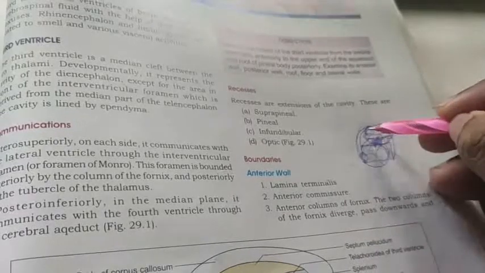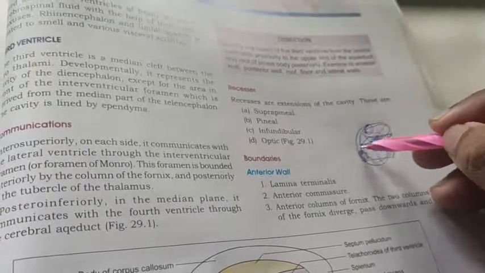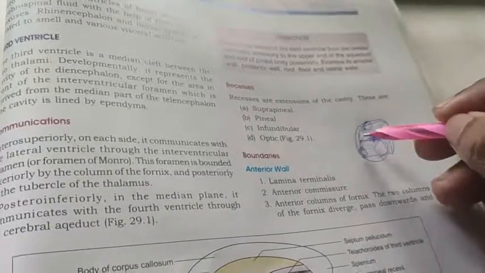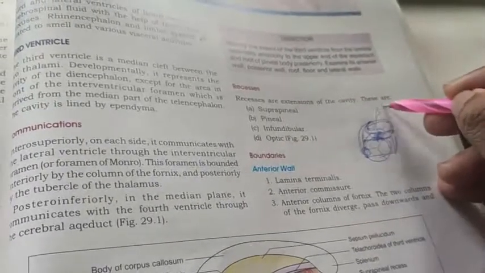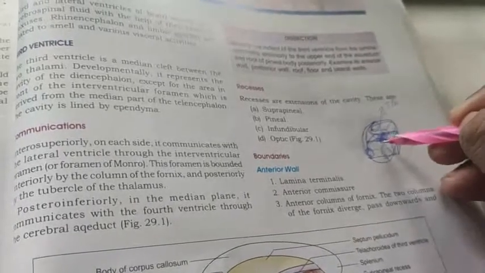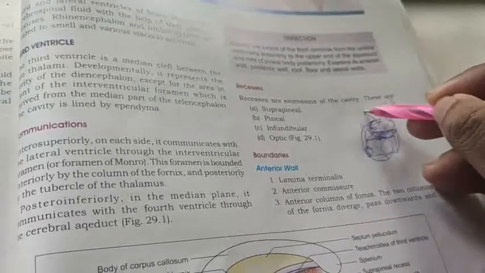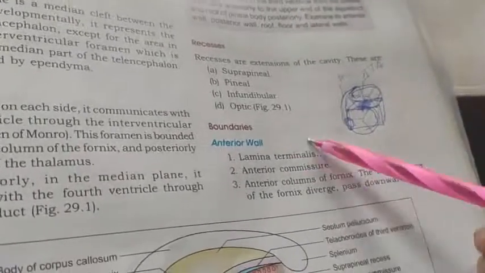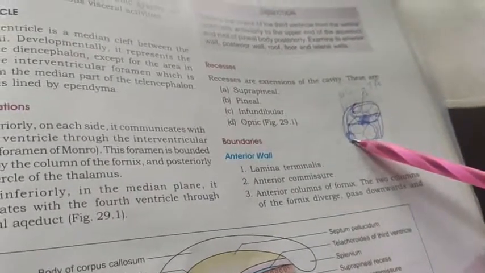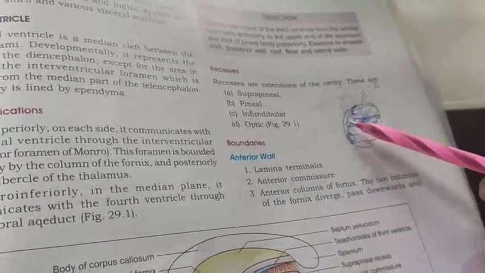These nuclei are connected with a commissure in the superior and lateral aspect. These commissures are called habenular commissures, whereas this commissure is called the interthalamic adhesion, in between the left and right thalamic nuclei. Habenular commissure is between the left and right habenular nucleus. Once again, habenular nuclei are seen in the superior and lateral aspect of thalamic nuclei, so they are connected with the help of habenular commissures.